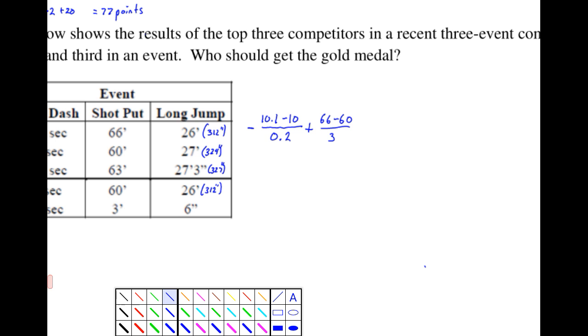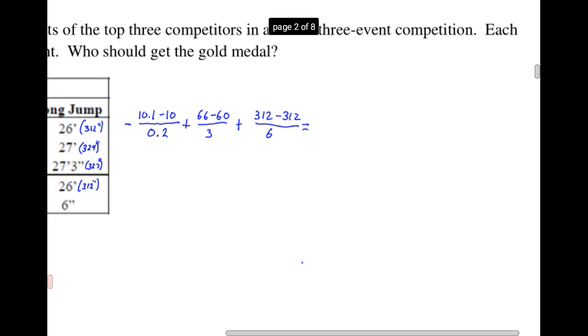And then finally I'm going to do the long jump, which is 26 feet. Sorry, we changed that, right? So let me use what we changed. That's the whole point. 312 inches minus the mean, which is 312 inches, divided by the standard deviation, 6 inches. This comes out to be